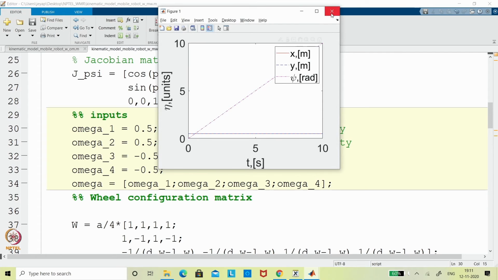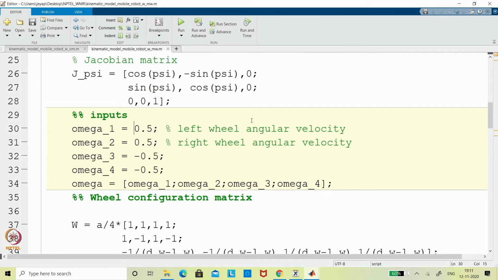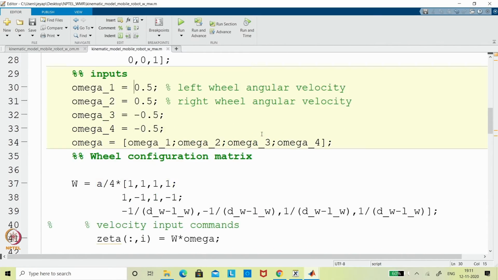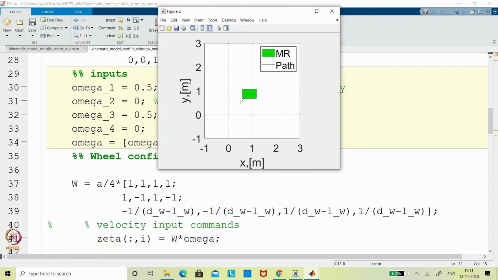So now if you want the diagonal movement, then you can see what you want. So u and v only are supposed to be there, so r should be 0. So then what combination can you put? You can see, even if I take only wheel 1 and 3 having an angular velocity, and the others are zeros, what one can expect is that it will do something, right? I'll just try that combination here. You can see, right, it is going diagonal. So like that you can play with your variations and move again.